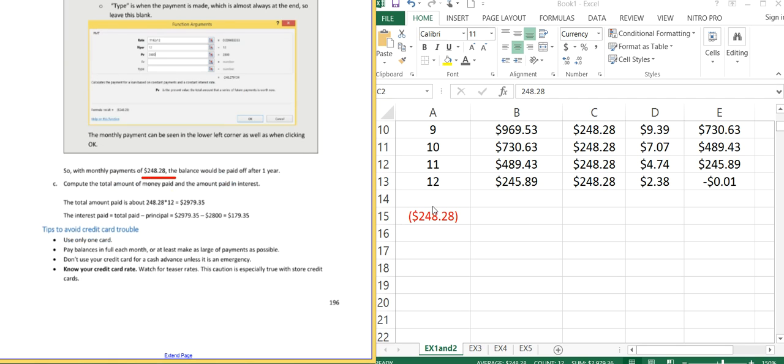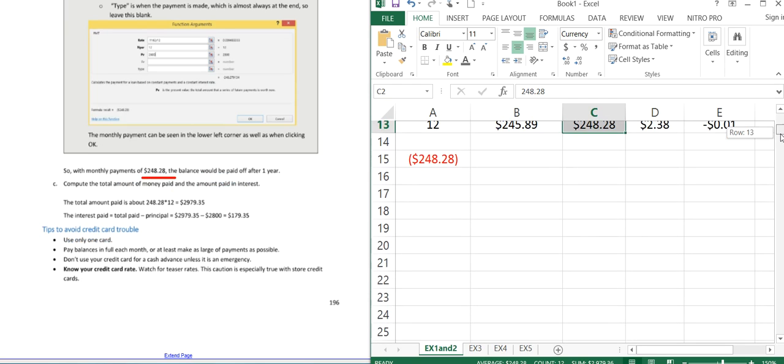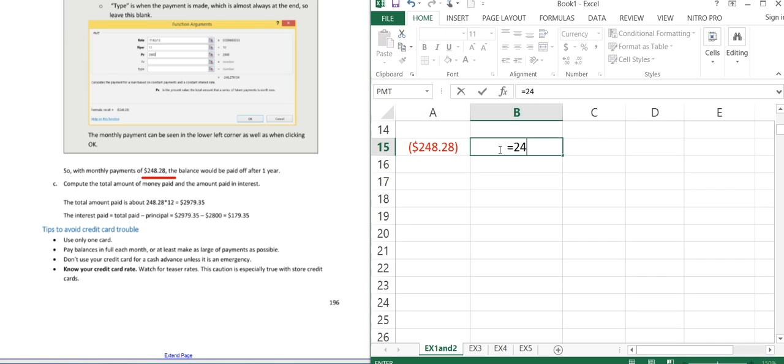So now, if I wanted to determine the total amount of money that's paid and the amount paid in interest. Keep in mind, this is often a question I'm asking where I'm not looking for you to create a spreadsheet. So let's just think about if this is all I had. So the total amount I pay, well, if I am paying $248.28 every month and I am doing that for 12 months, then the total that I am paying is going to be this